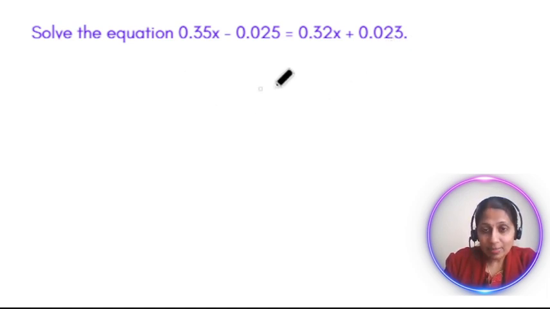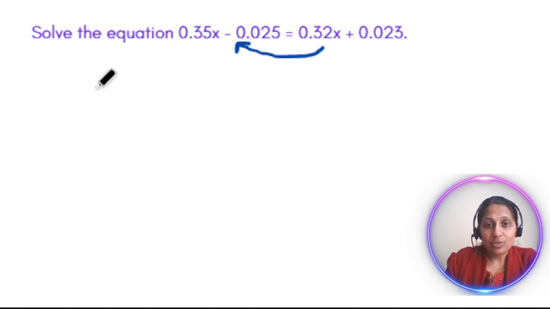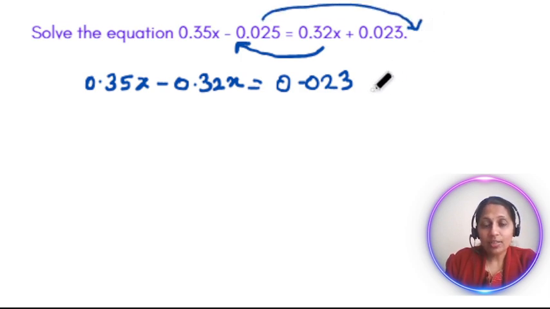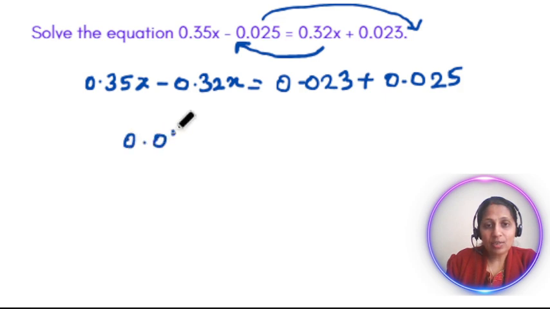Now, the first step, let's transpose all our x terms to the left hand side. So 0.35x minus 0.32x, because when it comes to the other side, plus will become minus, equals 0.023, which is already on the right hand side, so keep it as such. Now bring this 0.025 to the right hand side, so minus will become plus 0.025. Now subtract these two, you get 0.03x equals